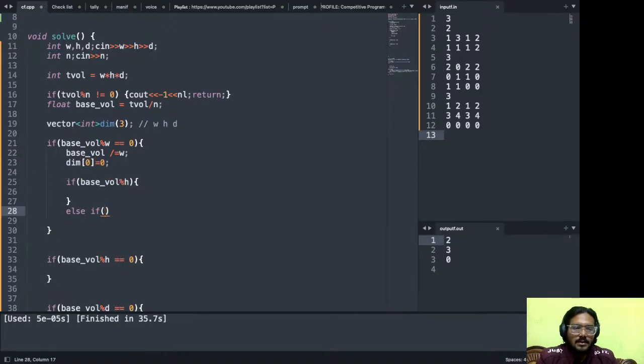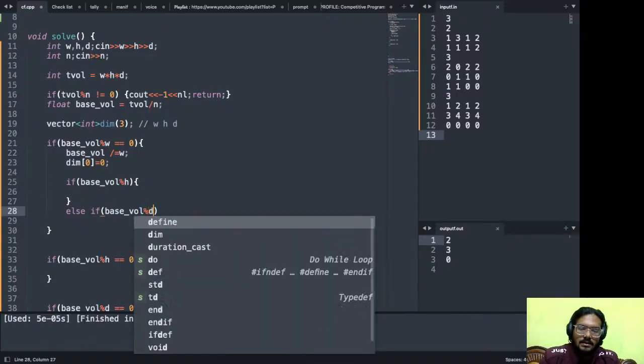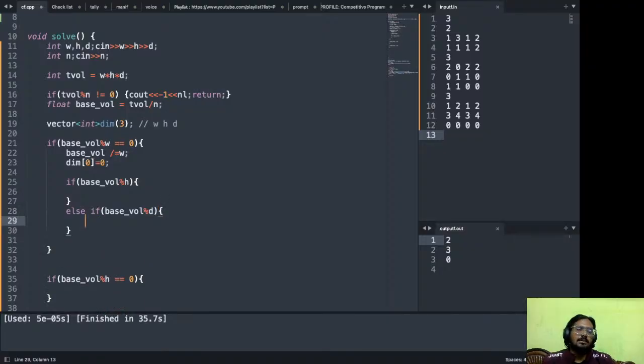Else if base vol is divisible by D any chance, then do something. Now if base volume is divisible by H,